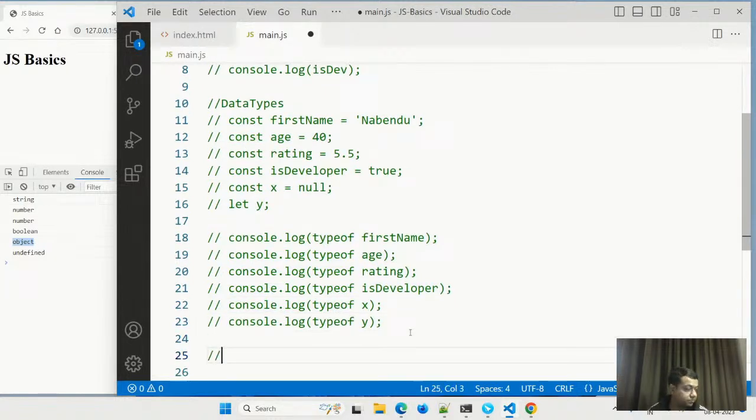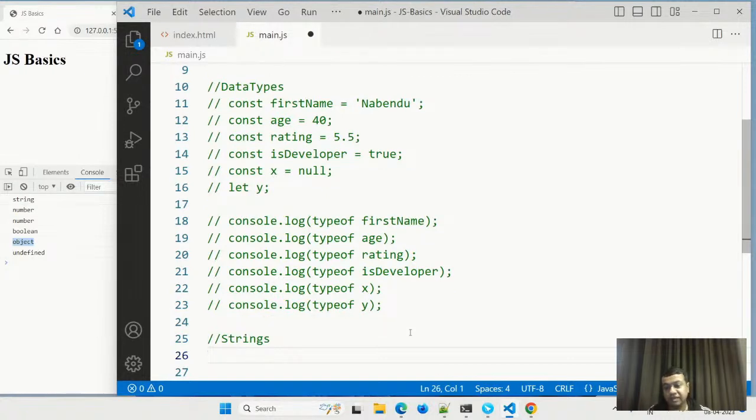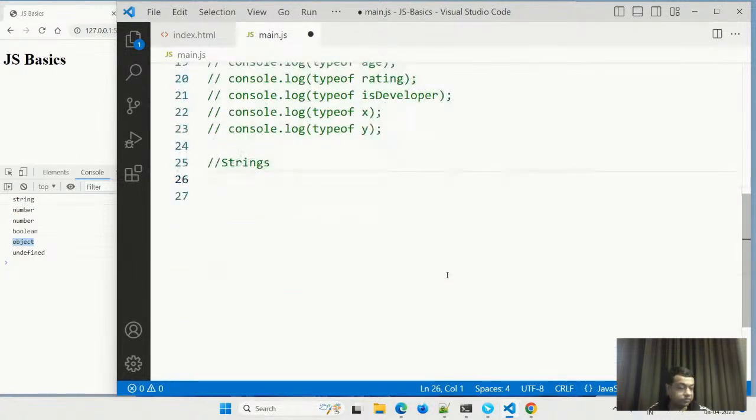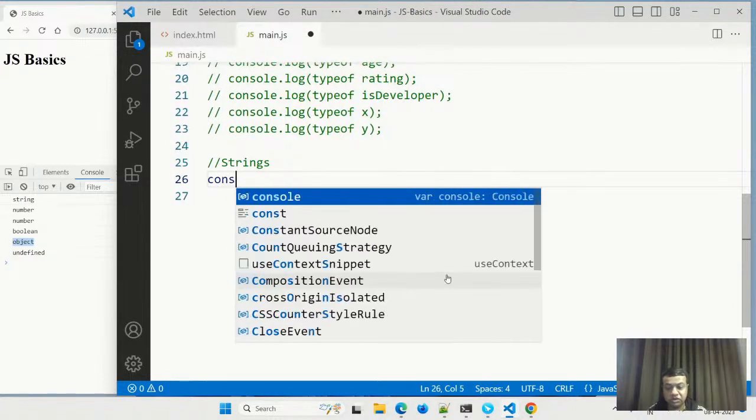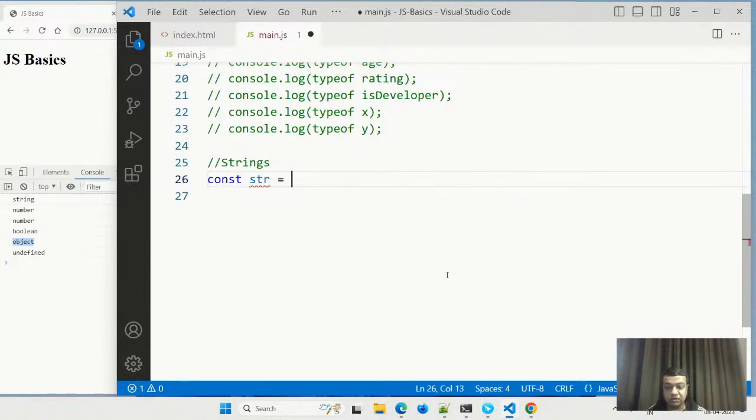So let us again see strings, and here I'll do a const str equal to Hello JavaScript. Strings have got certain methods. Strings are very popular in JavaScript.